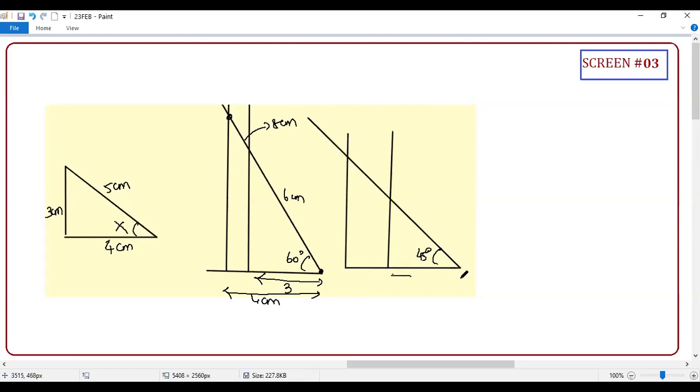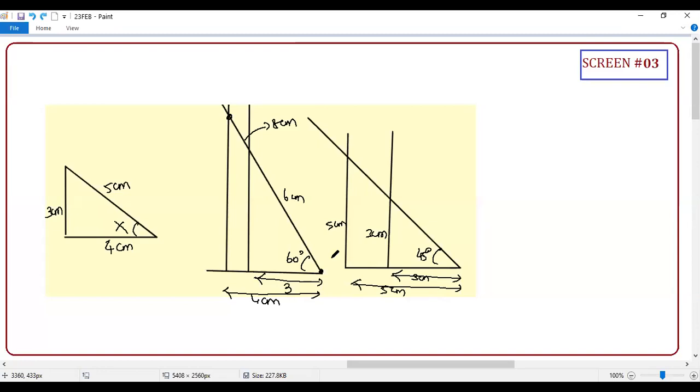So we find that this length is 3 centimeter and other length is again 5 centimeter, student, correct? Yes. And the same thing is here, 3 centimeters and 5 centimeter, which means what? The moment you see angle 45°, you can easily find this length if I give this. Are you clear? This is called as